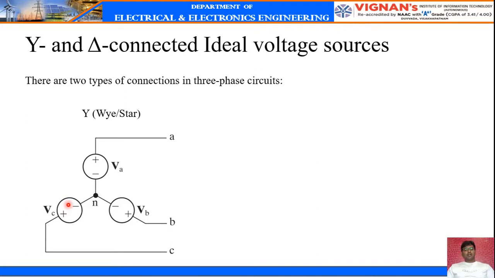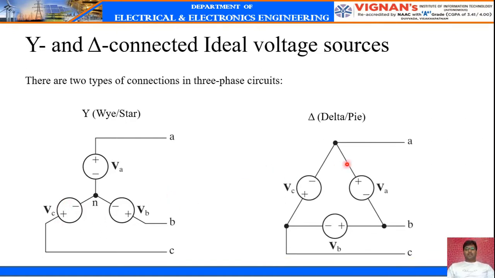Similarly, we will see three ideal voltage sources which are connected in delta. Here you can see three voltage sources VA, VB, VC, all connected in delta, such that the positive of one source is connected to the negative of another source. Again, the positive of another source is connected to the negative of another. That is, the positive of source C is connected to the negative of source B, and the positive of source B is connected to the negative of source A. Clear? Here these three sources are connected such that they form one closed loop, or a delta.